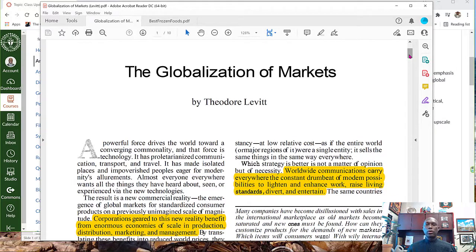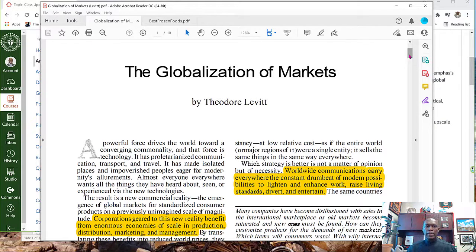This is a classic article which was written in 1983, the May-June issue of Harvard Business Review, and I read it during graduate school. And it was an interesting article, but it annoyed me a bit because the language that he was using appeared to me to be a bit